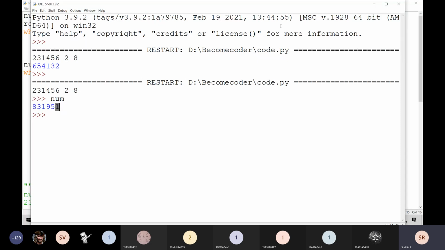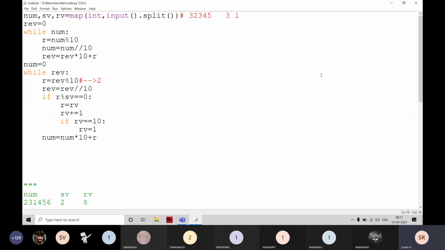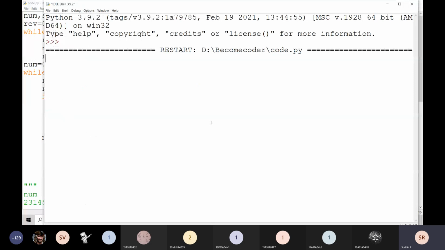Is it clear, everyone? For example, if I execute with a different input, this is the input and I am going to write here 2 and 9. That means the first value is replaced with 9, and the 4 is going to be replaced with 1, and 6 is going to be replaced with 2.